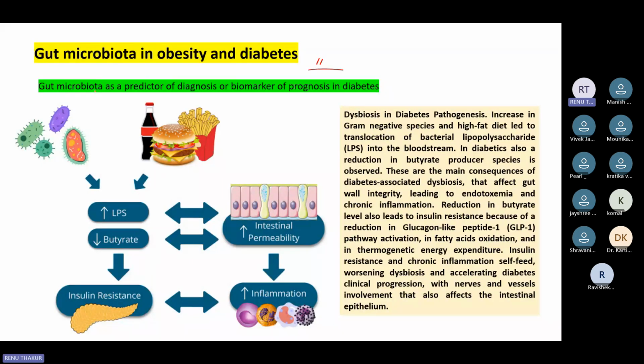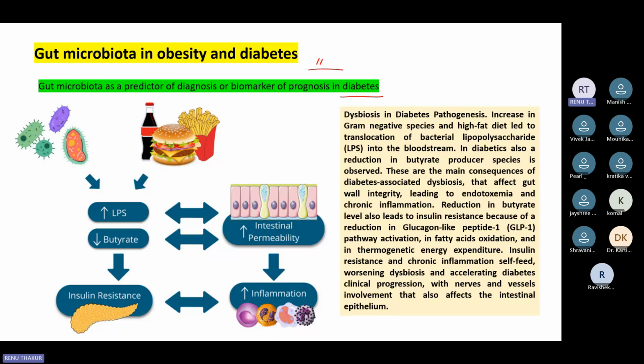So gut microbiota as a predictor of diagnosis or biomarker of any metabolic disease, including diabetes. Why are they acting as a biomarker? Because if we are disturbing our normal natural composition, then there may be an increase in the bad bacteria, and that bad bacteria will act as a marker, and it will denote that there is something going on in our body. It will also denote that our body is having an altered microbiome, because the population of the good bacteria has declined and the bad bacteria has already increased.